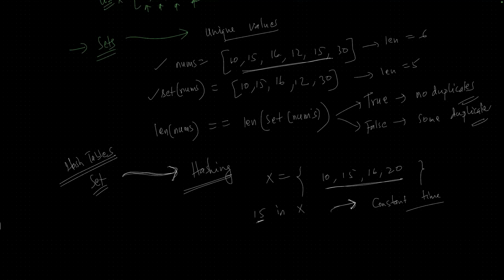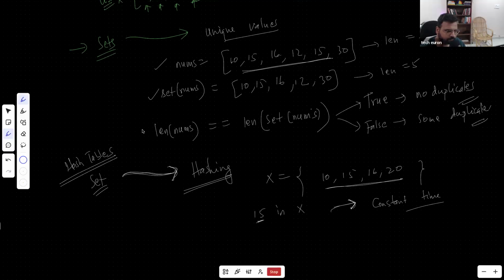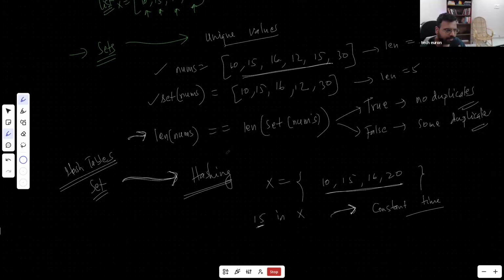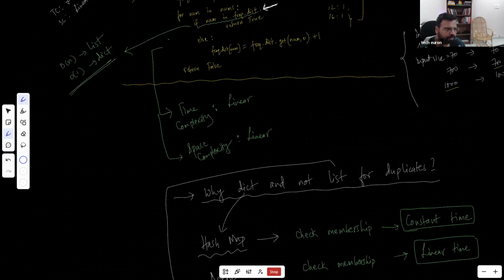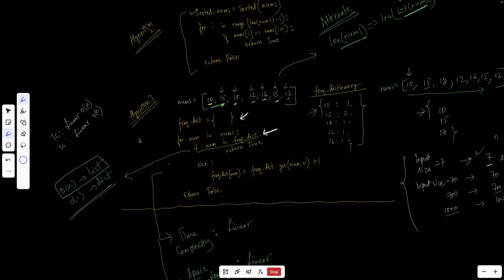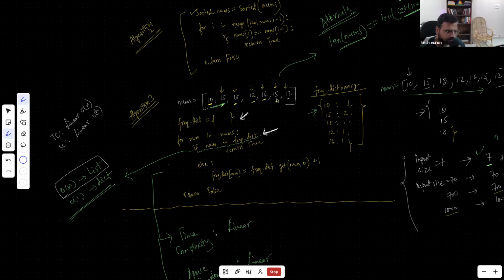Length of n equal to length of set of n. You're saying this one? Yes, here it will be O(n), right? Even if it is O of n, your entire solution itself is O of n. First you are iterating this entire list, so you are taking n steps. Suppose this is also taking n steps where you are doing that length of nums. So n plus n will become 2n, and 2n is also n only.